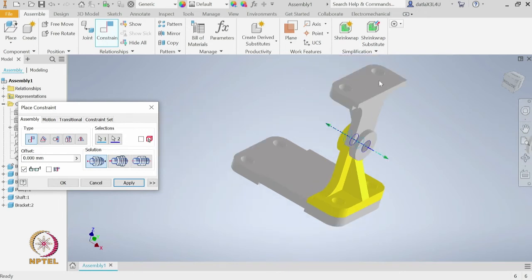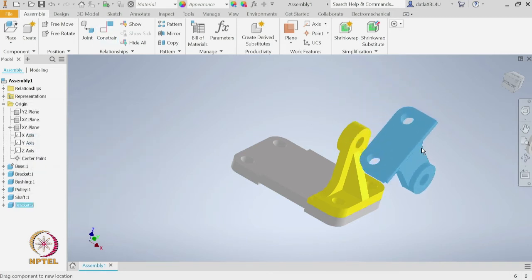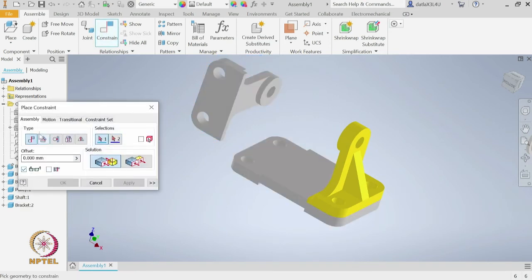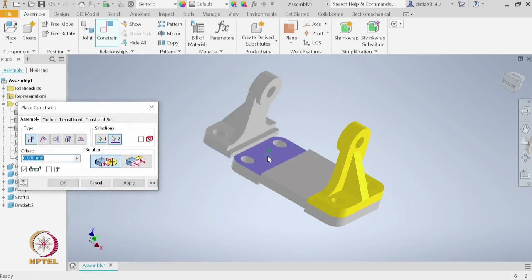I know this surface is coming up, but later we can take care of it by mating this surface with the base. But as of now let us apply this constraint and let us see, we have this degree of freedom as well as it is free to rotate. We can constrain it by using a mate between this bottom face of the support and top face of the base. We will apply this constraint and lastly,